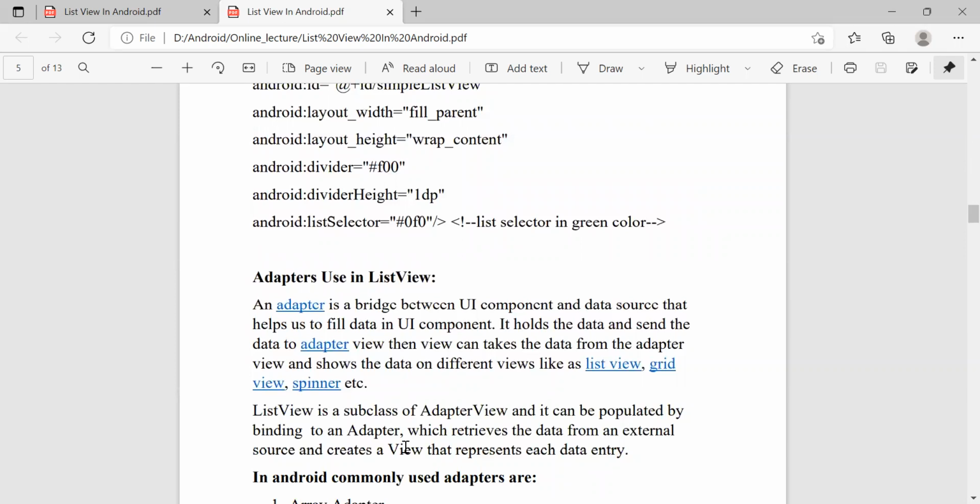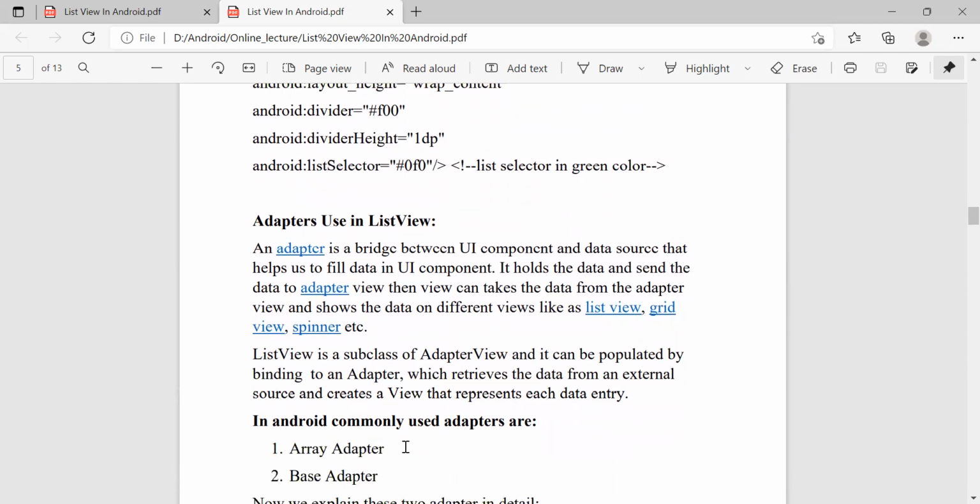Then the view can take the data from the adapter view and show the data on different views like list view, grid view, spinner. So for all the views like spinner view, list view, grid view, we use an adapter because it fetches the data from the data source and sends it to the list view so that the list view can display all the items. The list view is a subclass of the adapter view.